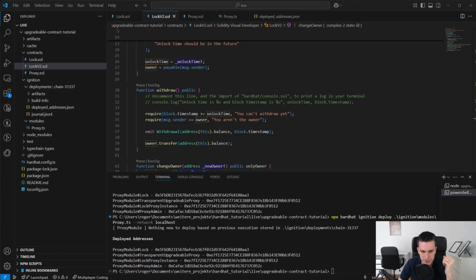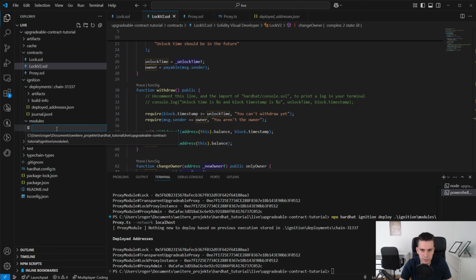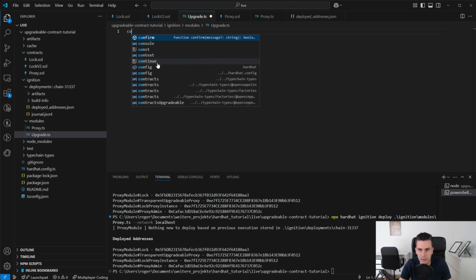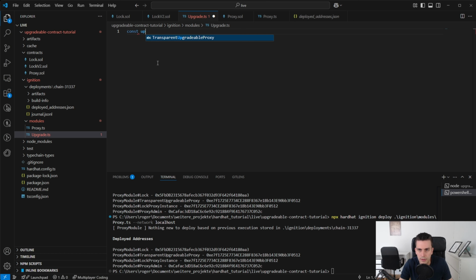Perfect, our new contract is now ready. And now we can create a new Ignition module to upgrade our contract. So we go to modules and we create a new TypeScript file, and we call it upgrade.ts. And here we create a new upgrade module. So we say const upgradeModule, and this is buildModule